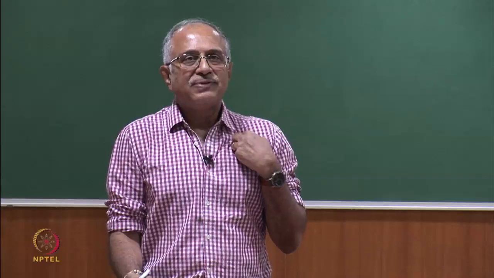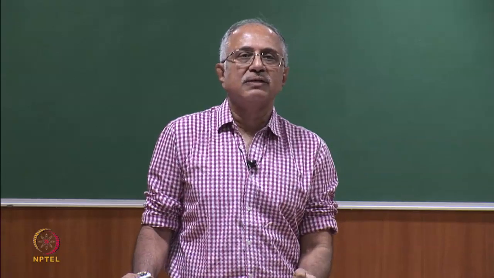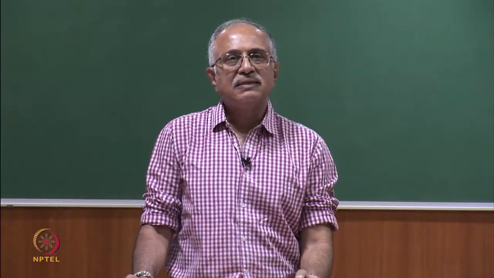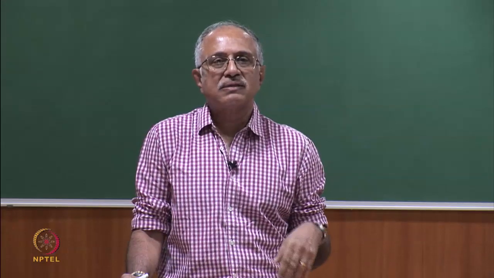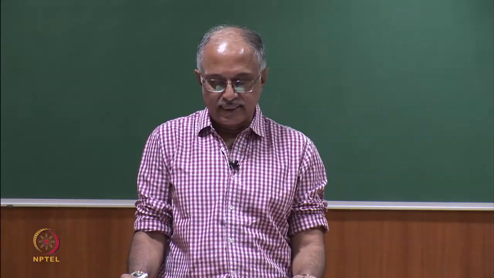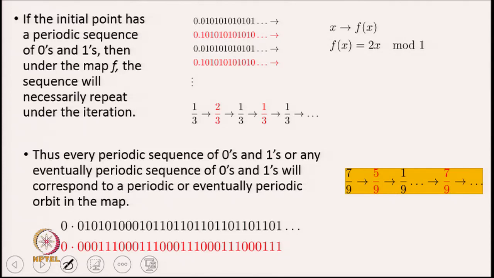Note that if the initial point has a periodic sequence of zeros and ones, then under the map f, the sequence will necessarily repeat under iteration. So, you take this first example here, which is the binary representation of the point 1/3. It is 0.01010101, etc., all the way to infinity. When I apply the map to it, it goes to the point 2/3, which is the same as having shifted this point over here and removed the initial 0. So, that gives me the point